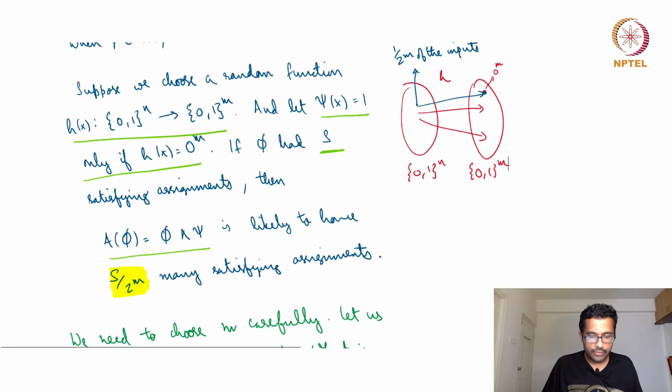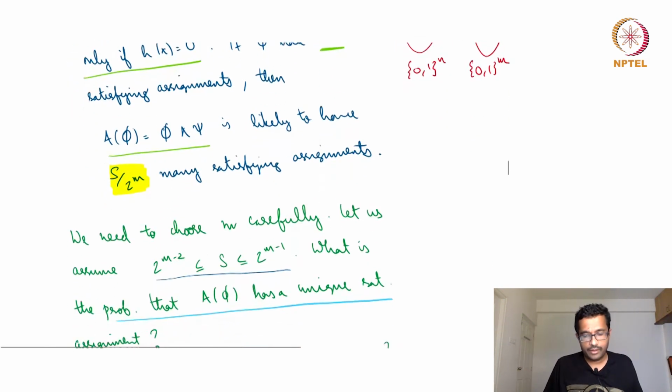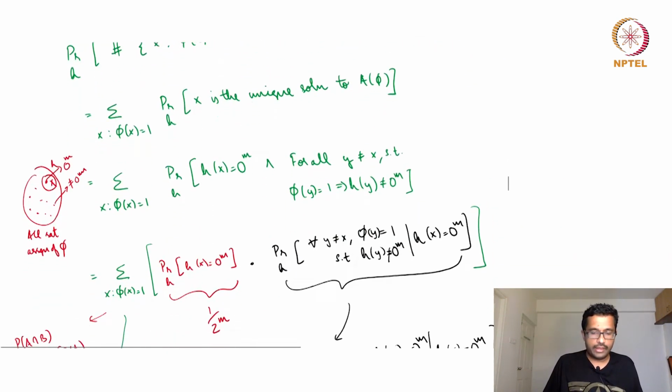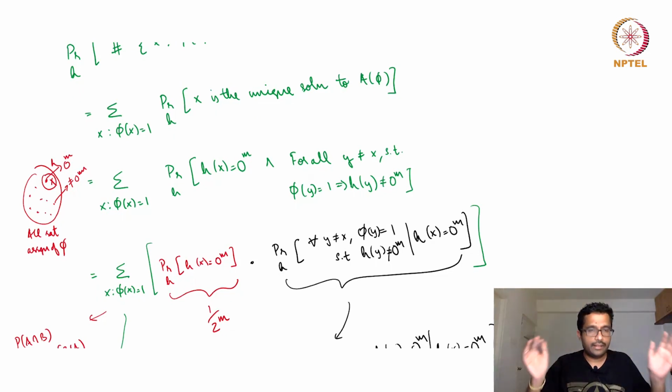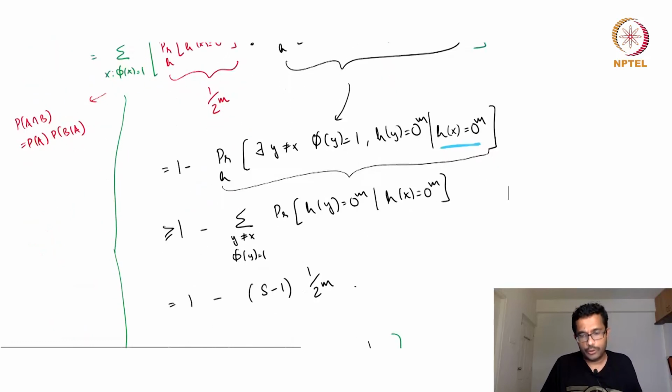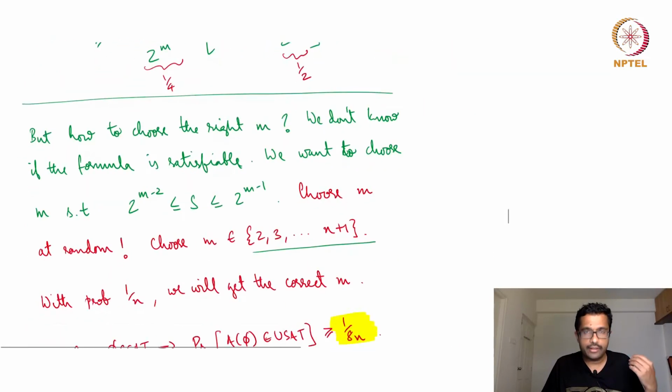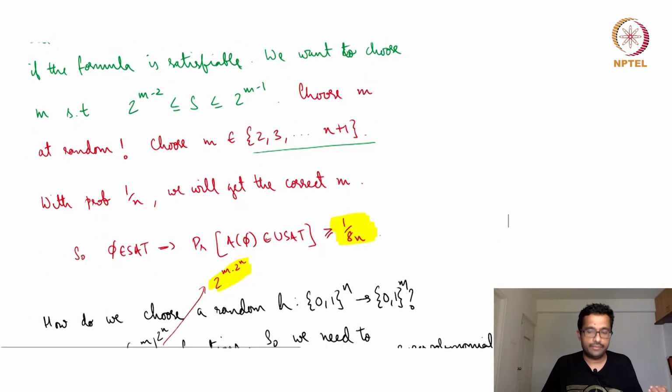To cut down, we would like to know how many solutions it has to begin with, and then we cut down the space accordingly. We don't need to know the exact number, we would like to know the order of the number of solutions. And we choose H in such a way that the likelihood of the solution space being cut to some number that is close to 1 is high. But we don't even know the number of solutions, so we randomly choose that number as well, right?